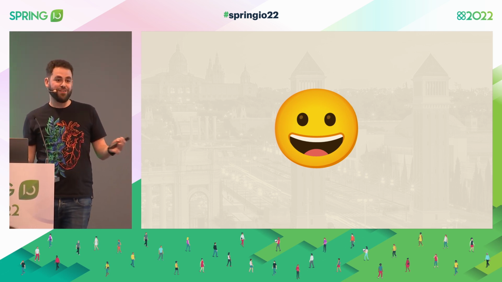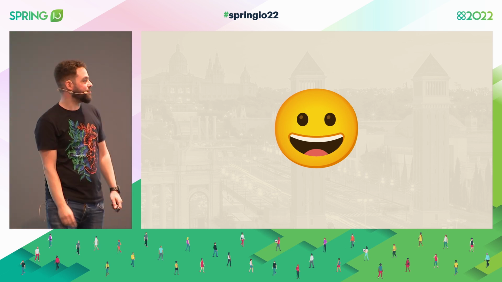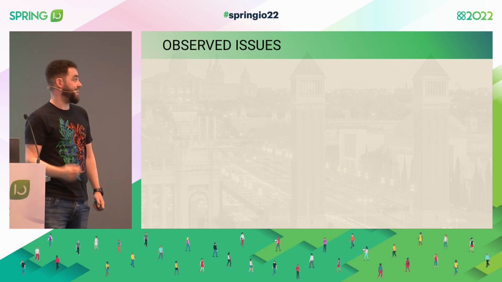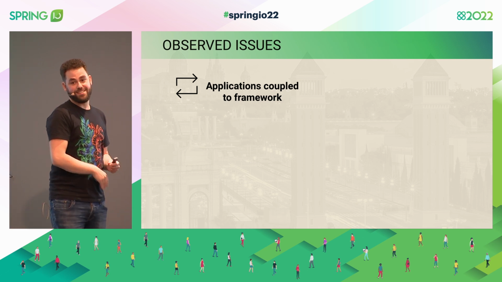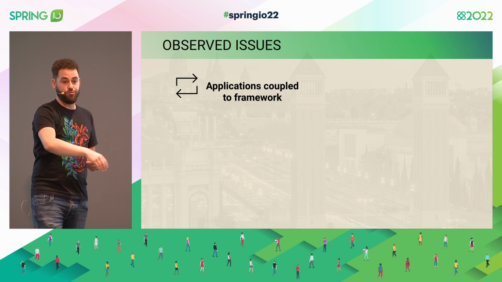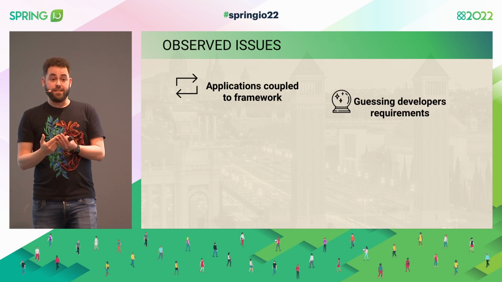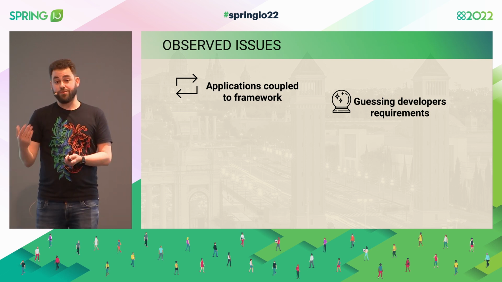They say, OK, cool. I don't have to care about all the things that you mentioned before and all the things you didn't mention that also are important. So we are happy. But what were the observed issues with this approach? The first one is just obvious. The applications are coupled to the framework. Now we are just developing against interfaces that we have to extend, against specific methods that we have to call on APIs that are there, which means that when we develop these APIs, one clear example is the framework client that I showed before, we have to guess what developers are going to need.